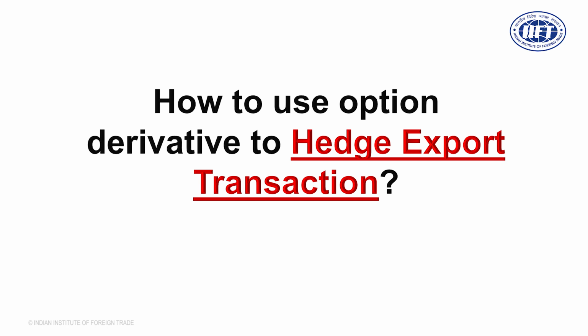When payment will come, you can use this rate if it is favorable, and you can say that I'm not using this rate because the market rate is favorable to you. So option gives you the choice to use the rate which the bank is giving or not to use the rate. An option is comparatively giving you flexible hedging. If on the due date the rate is favorable, use it. If the rate is not favorable, don't use the option. Only option gives you the right to use the rate but no obligation.